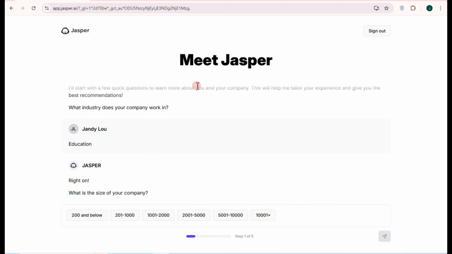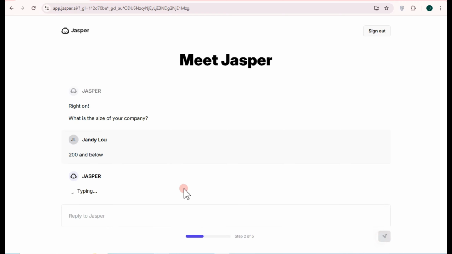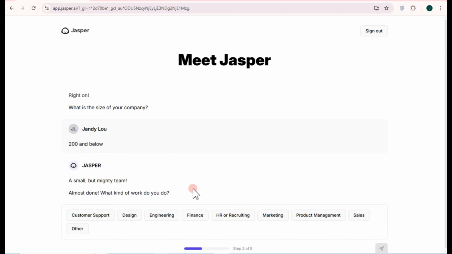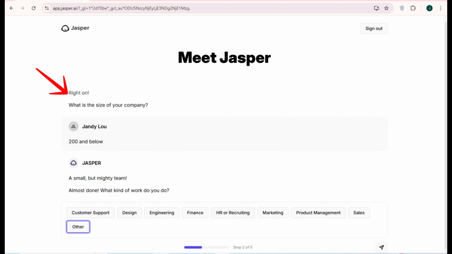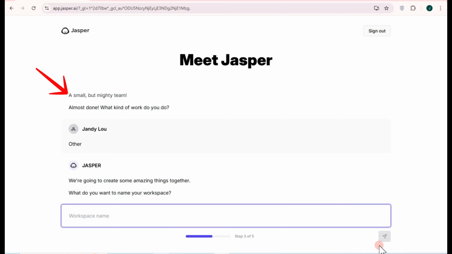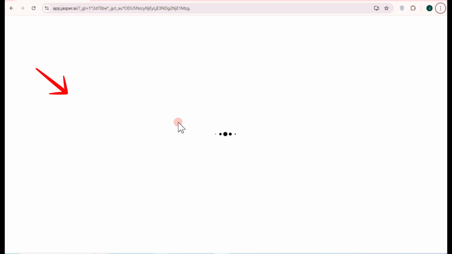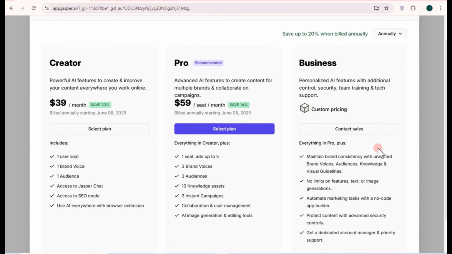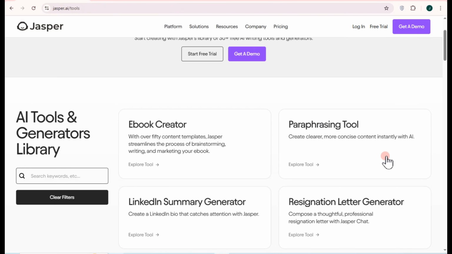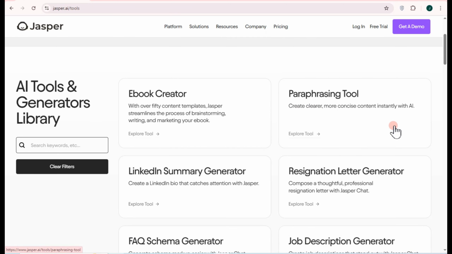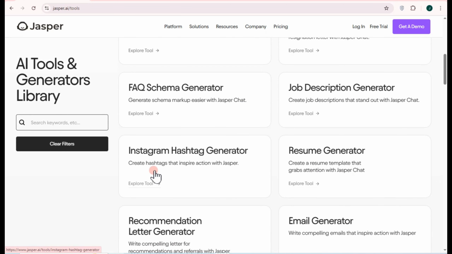So first, you have to sign up and log in. Go to jasper.ai or www.jasper.ai and create an account. And then once you have opened your Jasper AI, you will see two modes, Boss Mode or Creator plan. So you can just choose either one. So here you can create your workspace. You can answer the following here. But once you're on their dashboard, you need to avail one of its plans in order to unlock